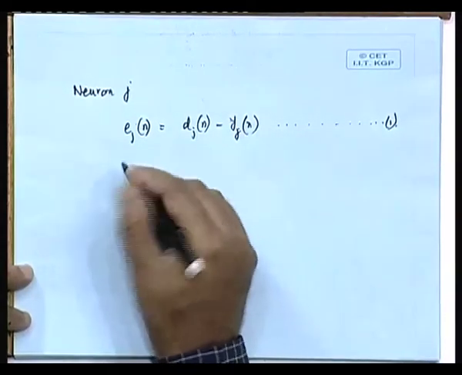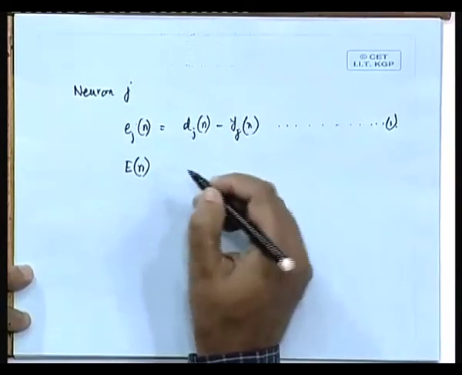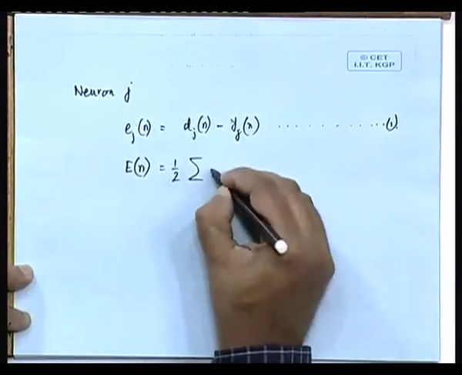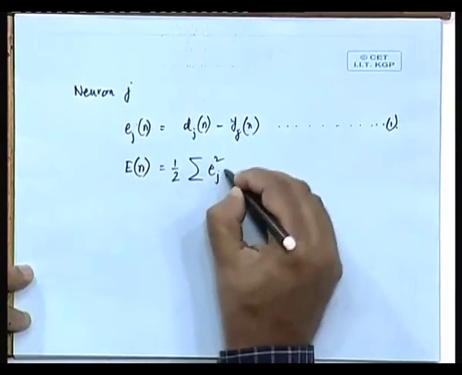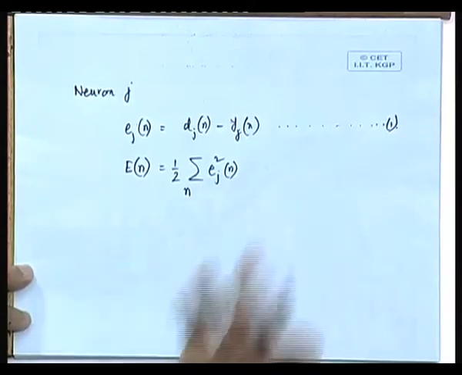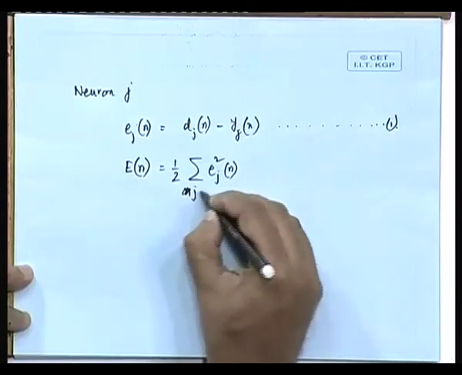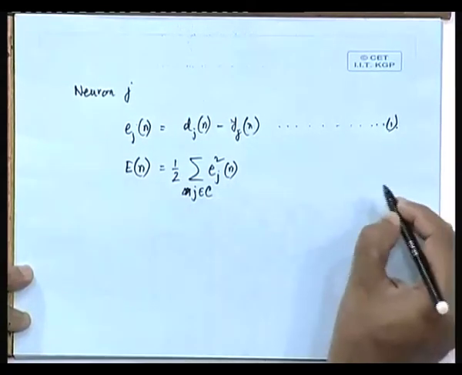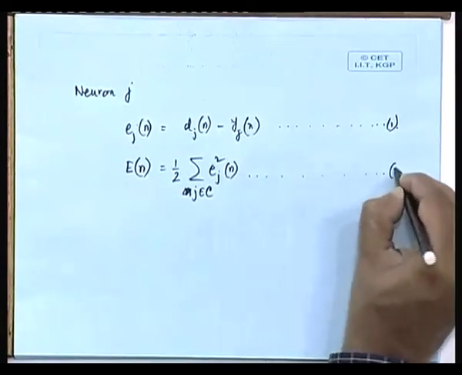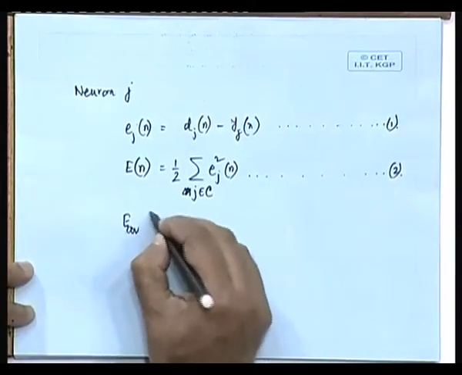Then we had defined the instantaneous value of the error energy E(n), error energy at the iteration n, to be equal to half of the summation of e_j squared (n), where j is indexed over the set C, which includes all the neurons in the output layer. So, this was our equation number 2, and then we had defined the average squared error energy E_av(n)